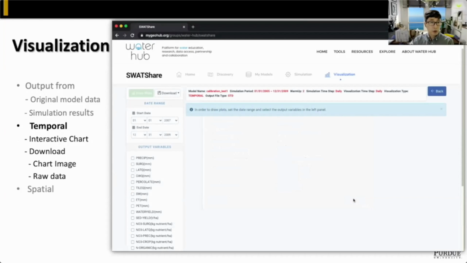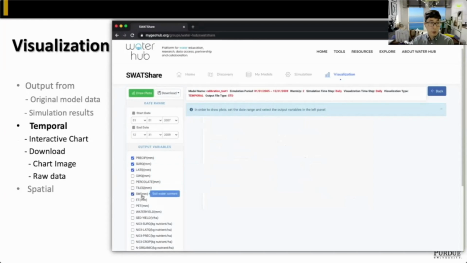In order to draw the temporal plots, users first need to choose a date range depending on the resolution they selected from the previous screen. Also, they need to select one or multiple output variables they want to include for the temporal visualization.